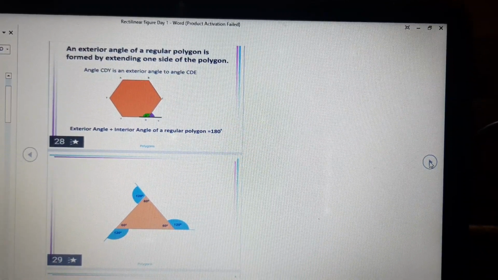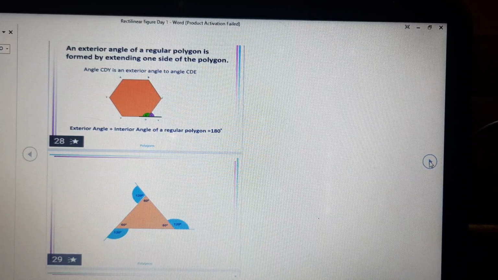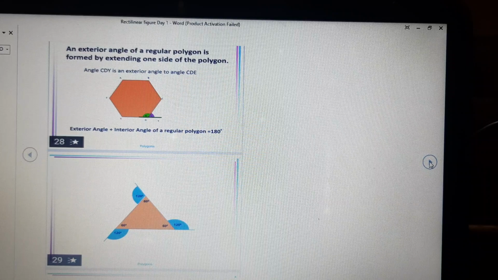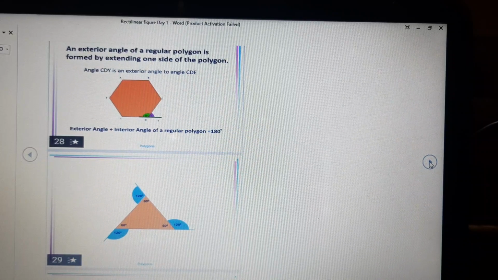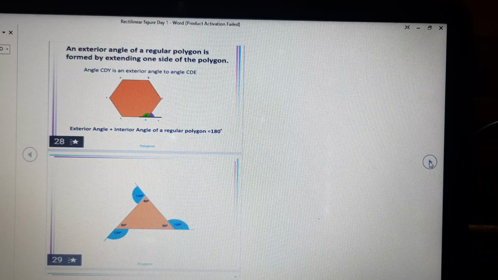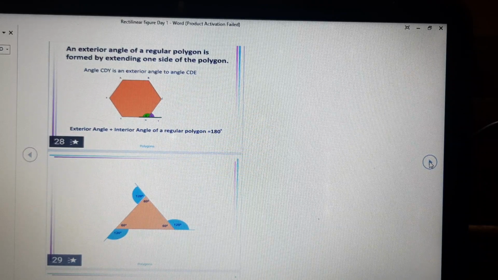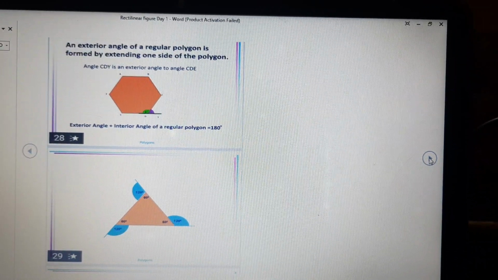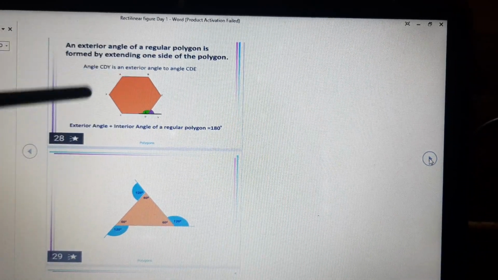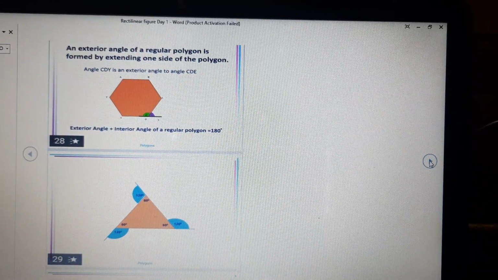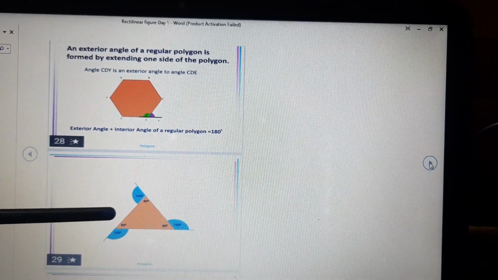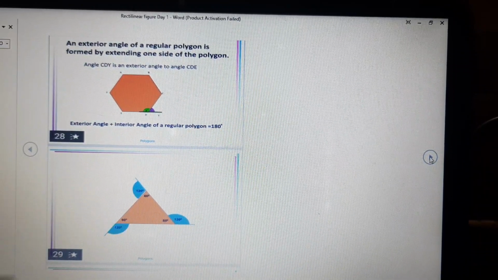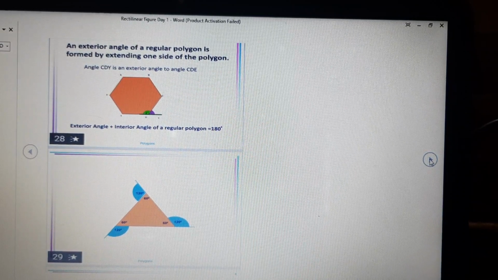Fine. The sum of interior angles of a polygon varies according to the number of sides of the polygon. If it is a triangle, it will be 180 degrees. If it is a quadrilateral, 360 degrees, and so on. Fine. What about the exterior angle? If we have 5 interior angles, then we'll have 5 exterior angles also. Let us pick up this diagram of a triangle. It is an equilateral triangle, 60 degrees, 60 degrees, 60 degrees. All 3 interior angles are 60, 60 and 60.